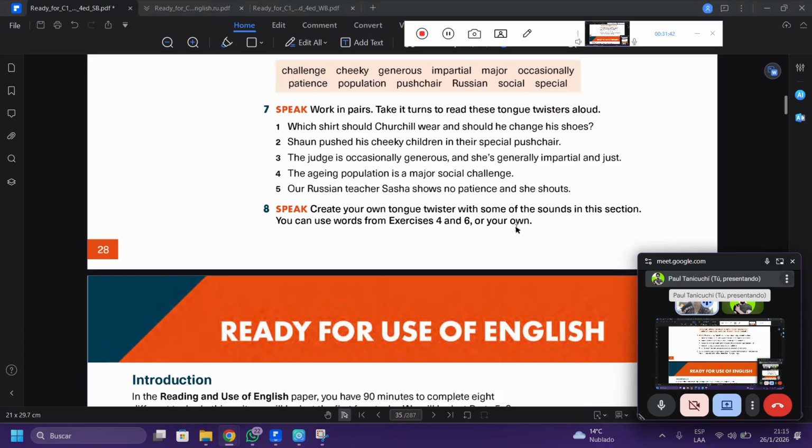That is not easy at all. Next: the judge is occasionally generous and she's generally impartial and just. I think it is easier.